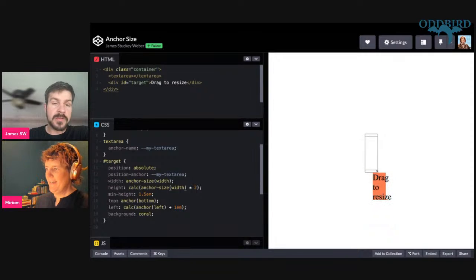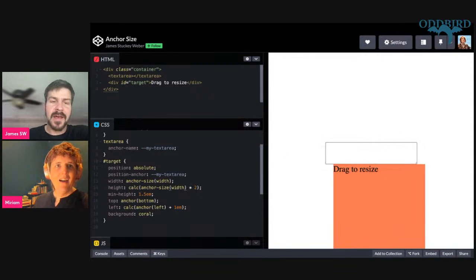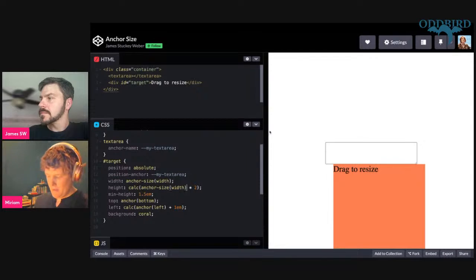And actually, if you jump over to the Anchor 2 CodePen. Let me find it. Do you have the link? Let's see. Is it Popover one? That one right there. Yeah. So this one here,